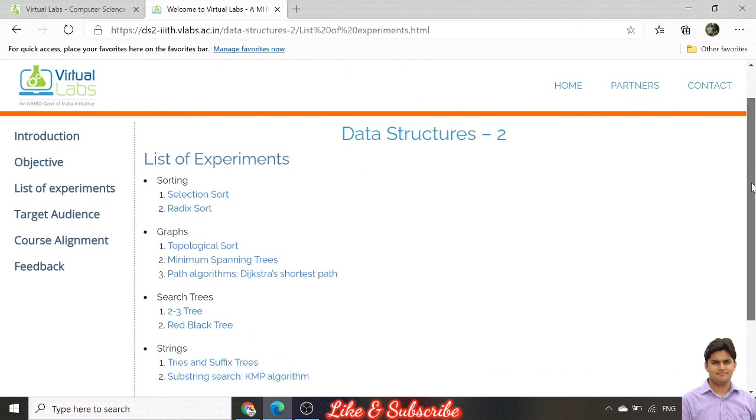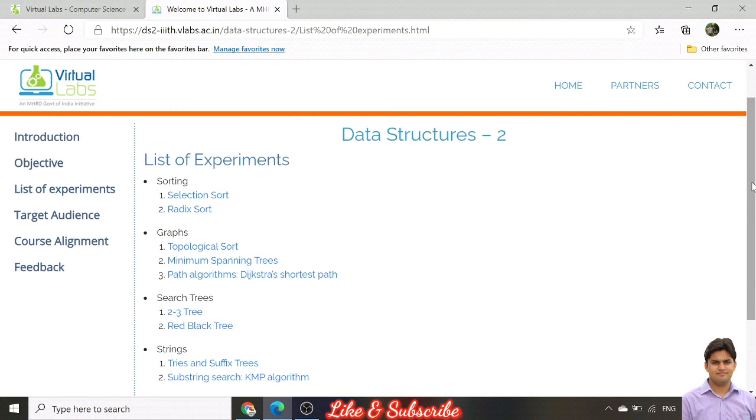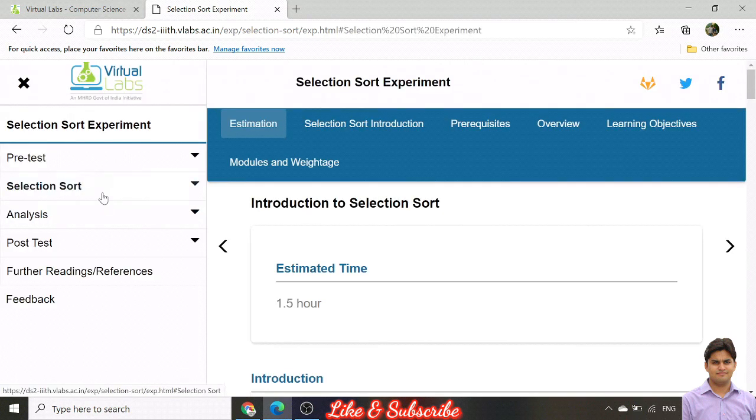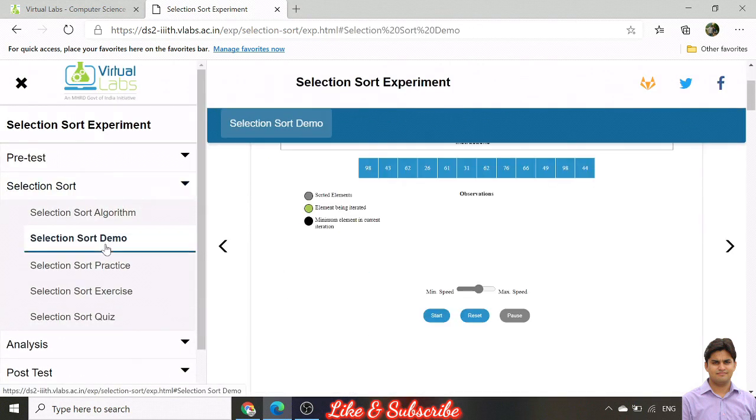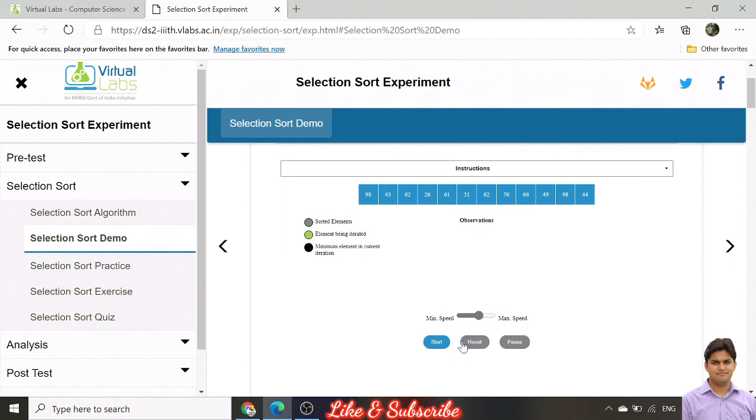The list of experiments are sorting, graph, search tree and strings. So first we have to start with selection sort. In selection sort, again we directly click on the demonstration, and we have to sort this given array with the help of selection sort. We directly start the button and